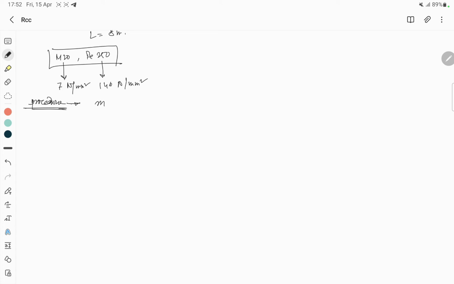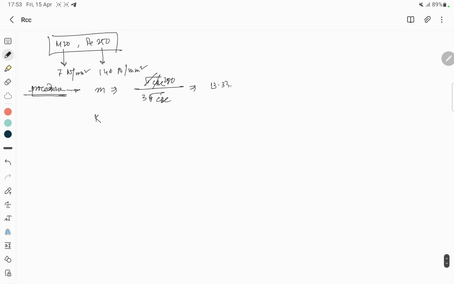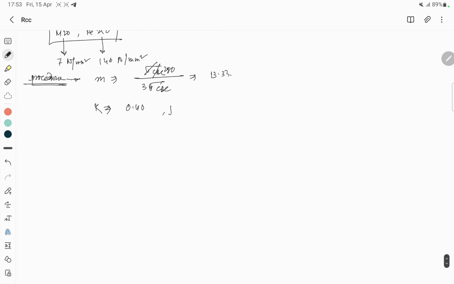First we have to find out the modular ratio, that is 280 by 3 sigma CBC, which equals 13.33. K for M20 is 0.40. Lever arm J equals 0.867 and R equals